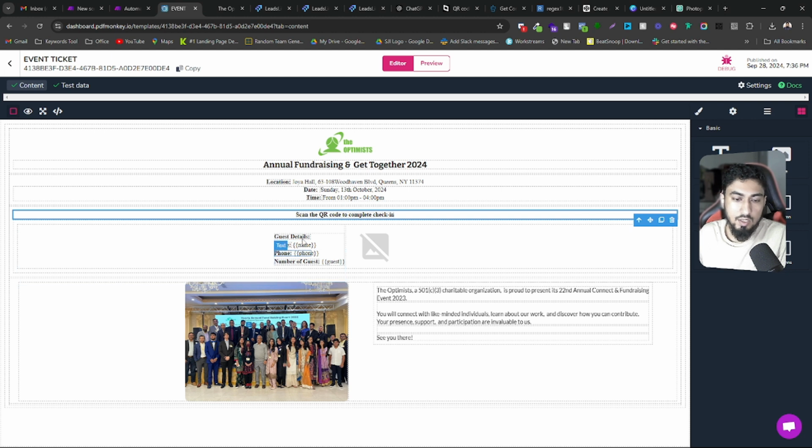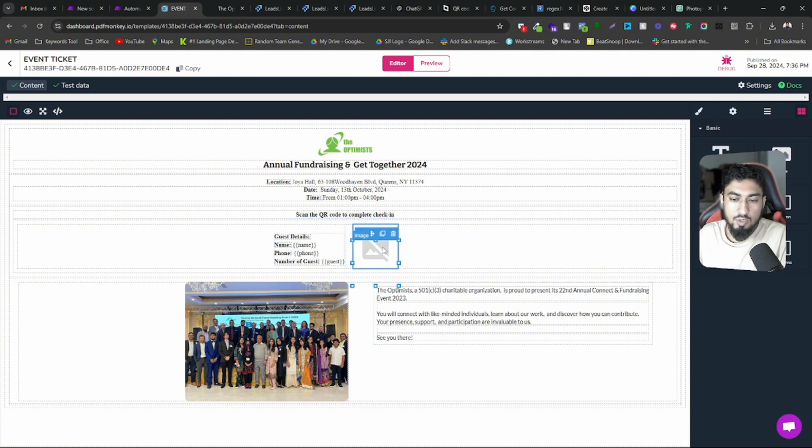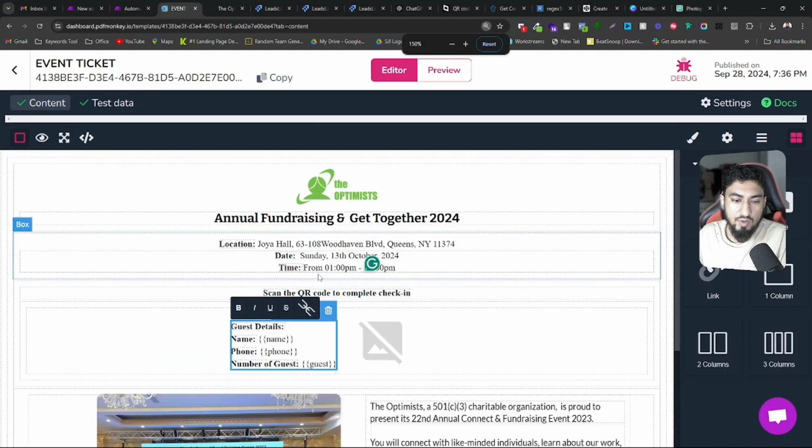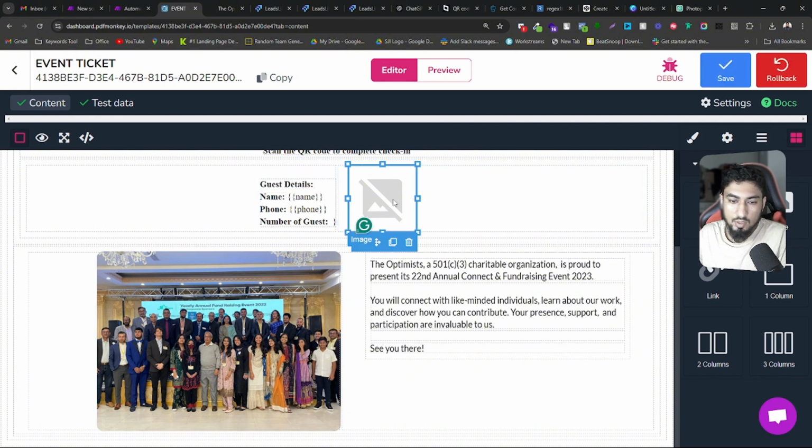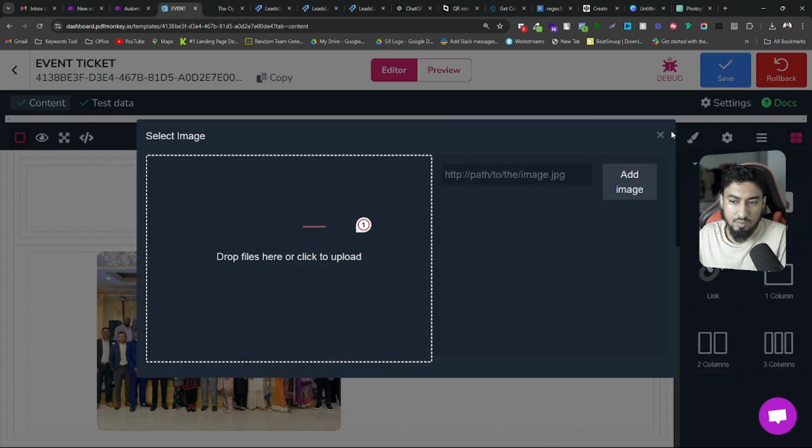And here we will put the guest information, for example the name of the guest who registered for the event, the phone number, and the number of guests they put. These are the dynamic values we are going to put there. The PDF is also dynamic, which is why we use a few keys there. For example, the name key, you can see if I zoom in, and the phone key and the guest key, so that we can pass the data from there. And also here you can see if I edit it, you can see